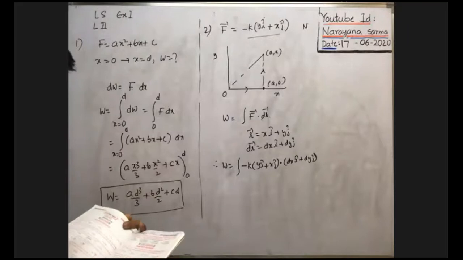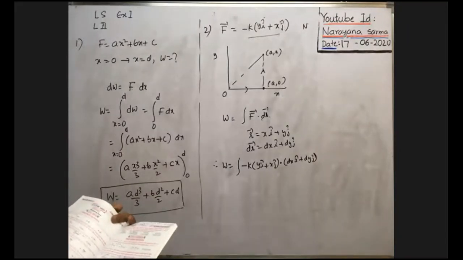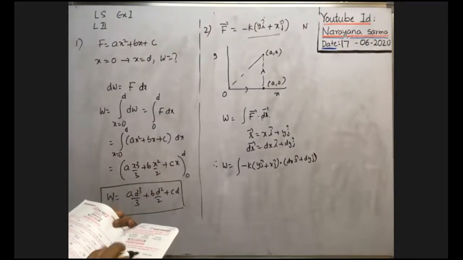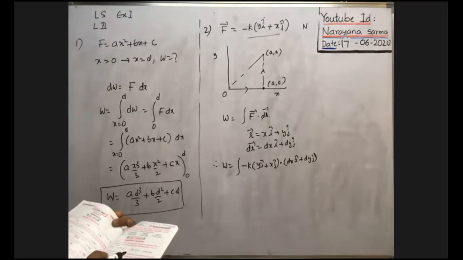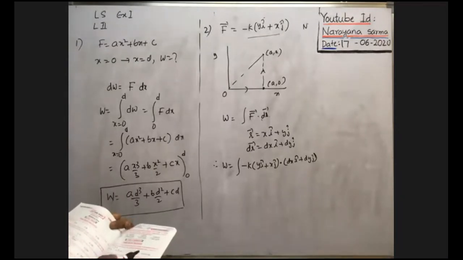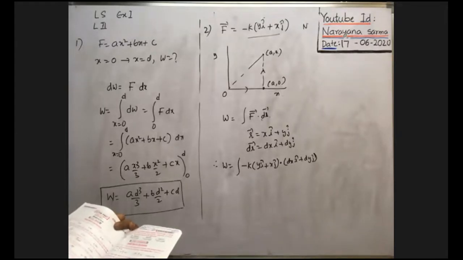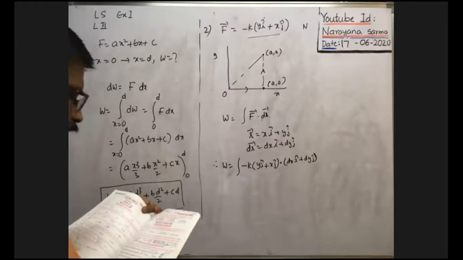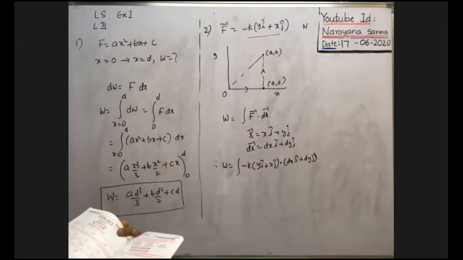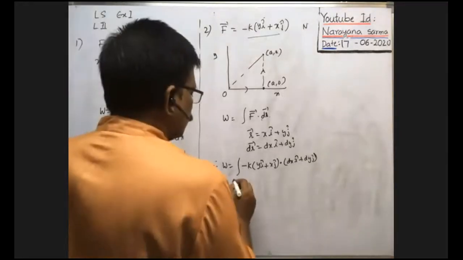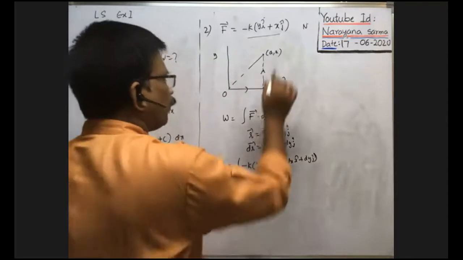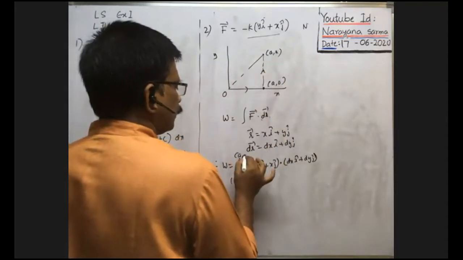So we have substituted the limits from (0, 0) to here. What is the work done? Here they asked, the particle first displaces from origin to a point (a, 0), then parallel to the y-axis to the point (a, a). Total work done by the force, okay, total work done they asked. So from (0, 0) to (a, a) we have to find the total work done. Initially the particle is at (0, 0). Finally the particle is at (a, a).